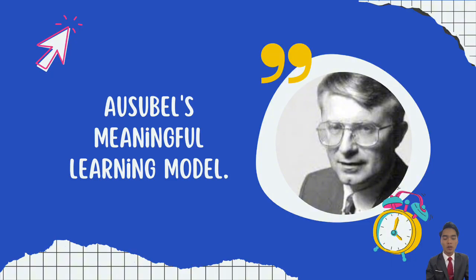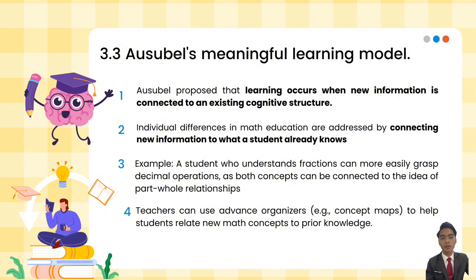And the last cognitive theory is Ausubel's meaningful learning model. Ausubel proposed that learning occurs when new information is connected to an existing cognitive structure. Individual differences in mathematics education are addressed by connecting new information to what they already know, on what they